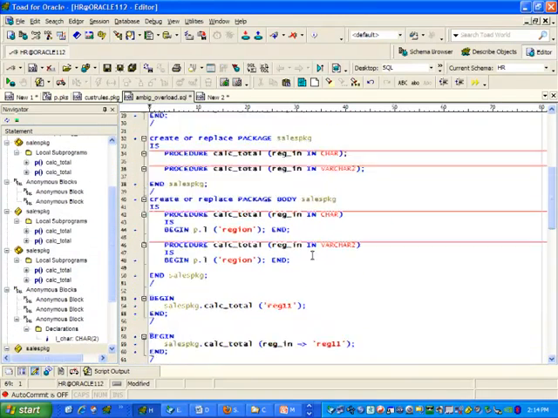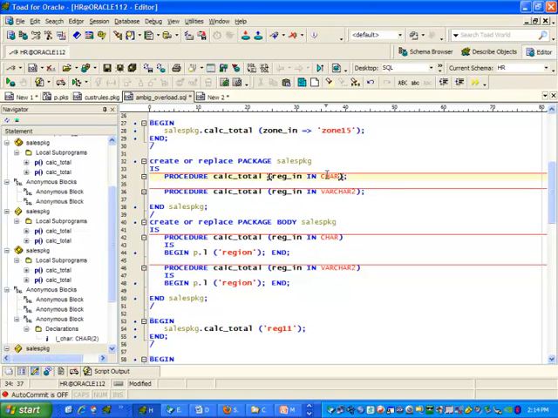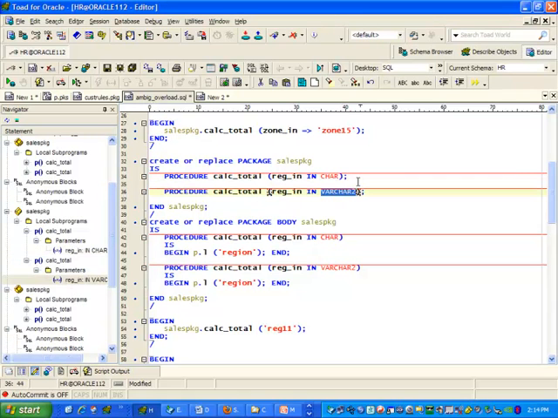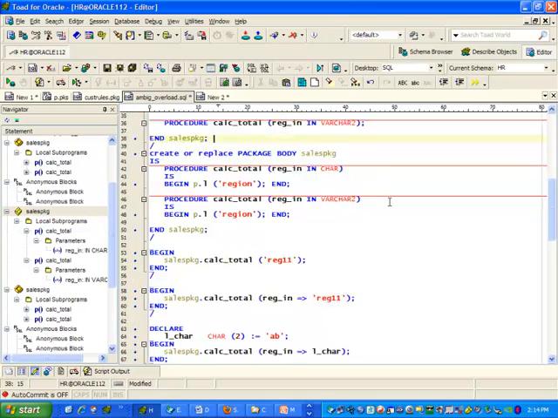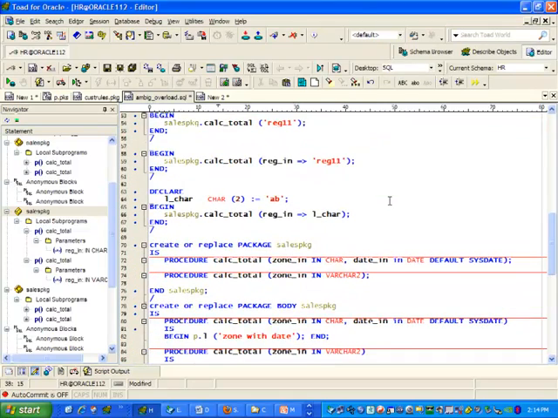I look at my package definition and I should realize these are too similar. Oracle will not be able to tell the difference. They should be a date and a string, or a date and a number, or a string and a date. But they can't both be different kinds of strings. Now this is a glaring kind of ambiguous overloading, or a more subtle kind of ambiguous overloading can occur when